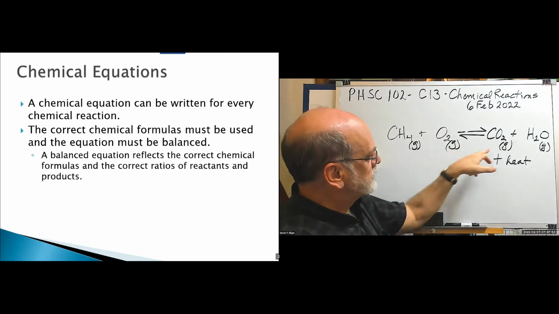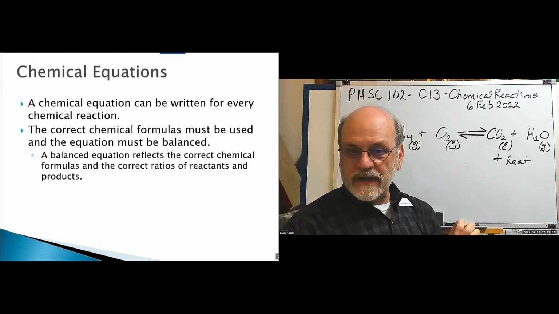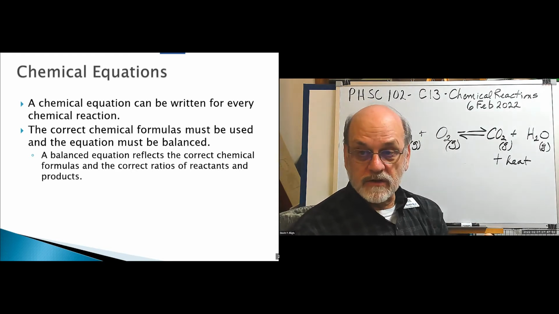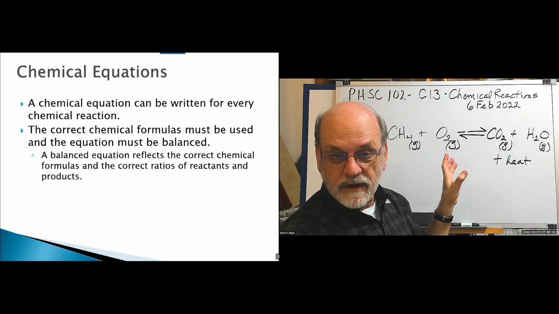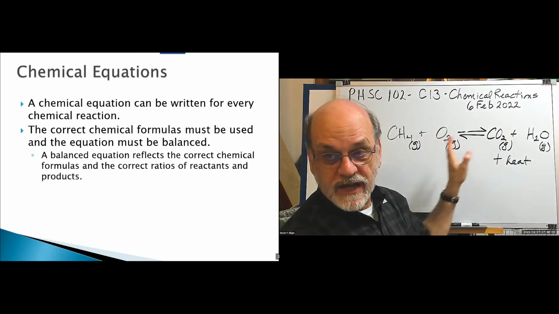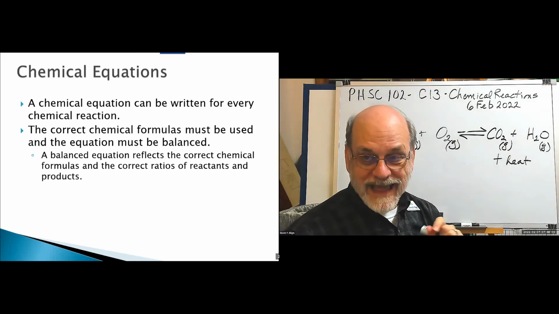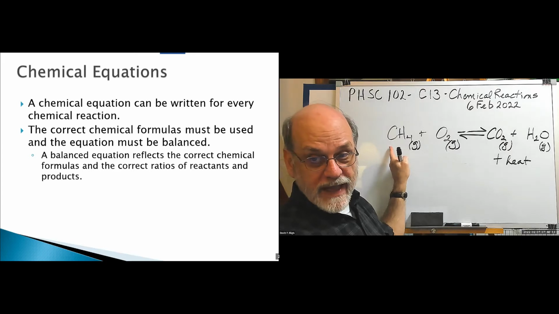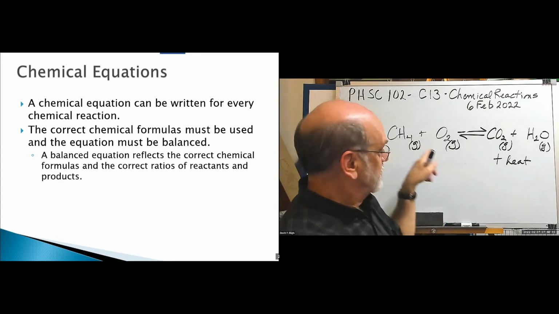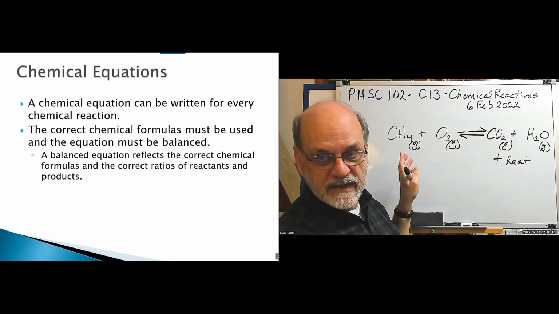Oxygen, there are 2 oxygens, and here there are 3 oxygens. So we need to balance the equation. We need to make adjustments so that we have the same number of each element on both sides. Now, one rule that cannot be broken: once you have written the reactants and products correctly, you cannot change those formulas. They must be